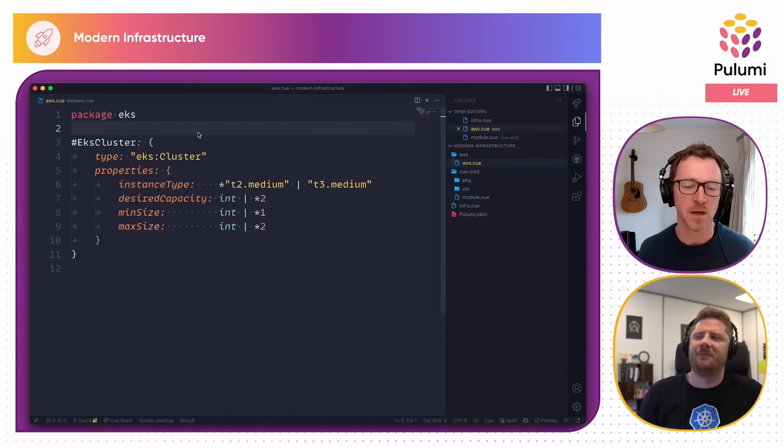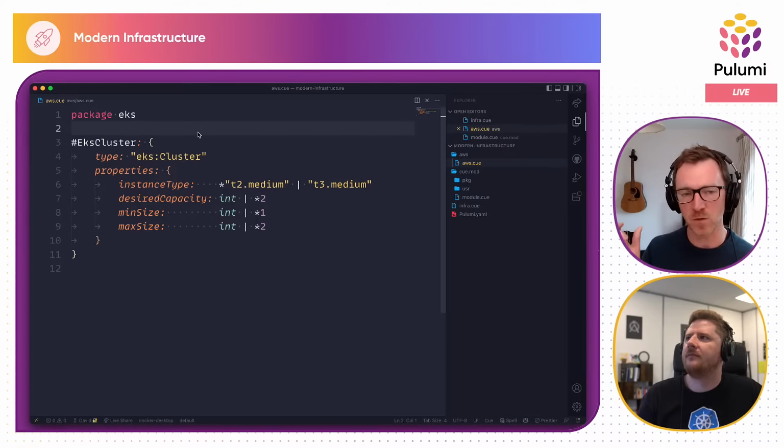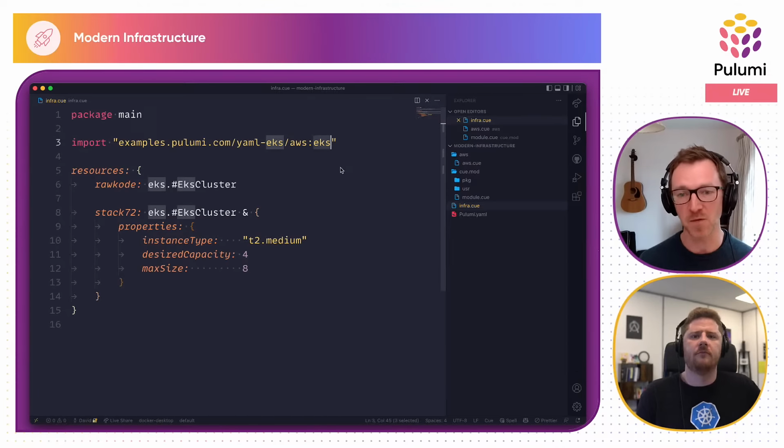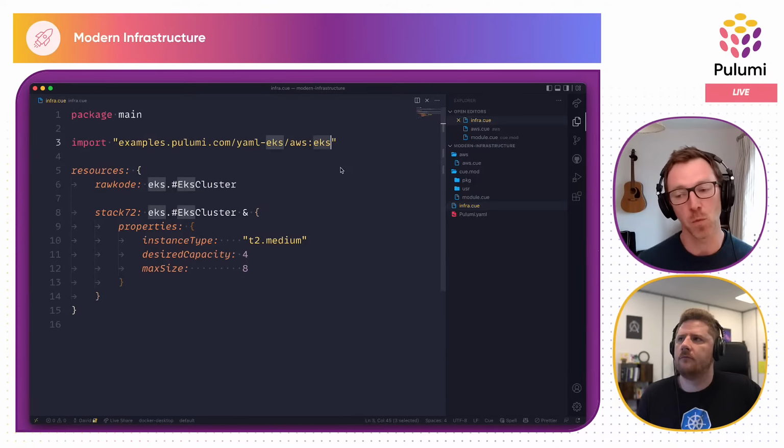There we go. So the reason you're having to specify EKS in the import statement is that the package name you've given in that file does not match the directory within which it's contained. So if you wanted the import path to be just examples.pulumi.com/YAML-EKS/AWS, you would just need to change the package clause within aws.q to be AWS and not EKS.